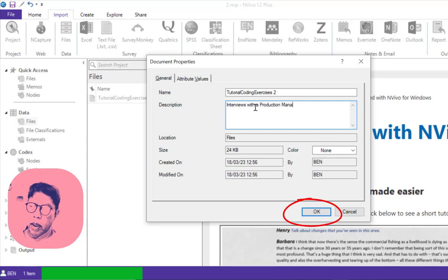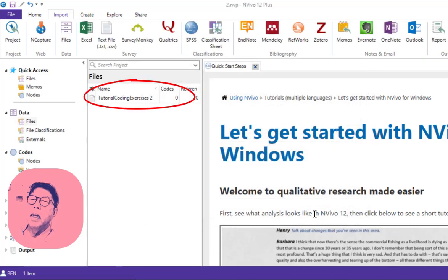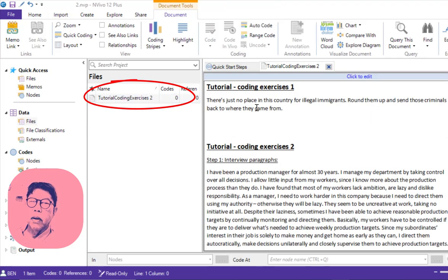So if you click OK there, and then if you double click that file there, that's the one, the file. This is the whole exercise for today.